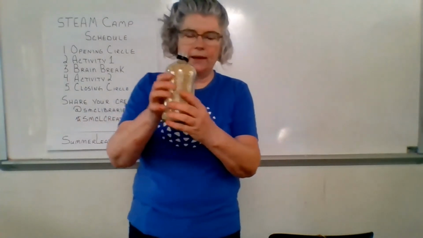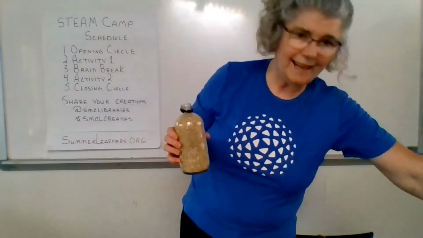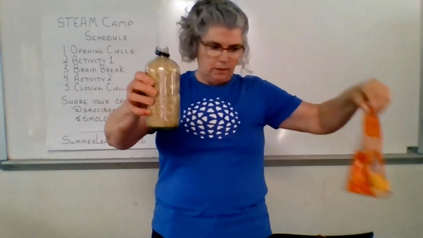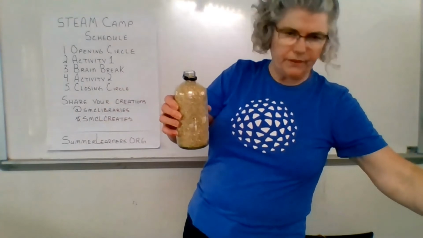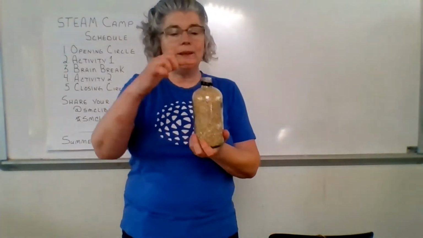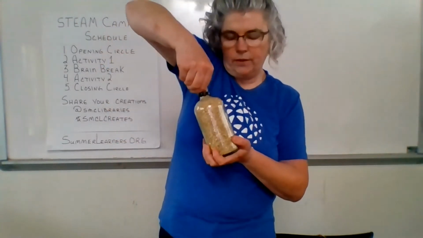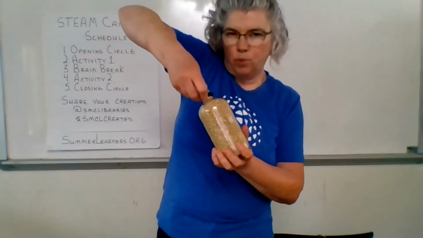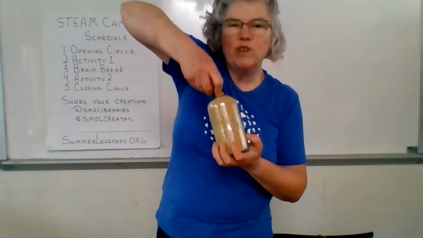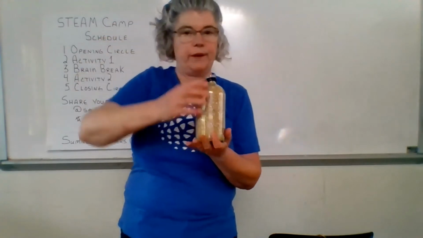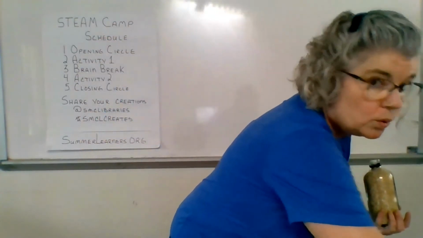All right, so I have a clear jar, and I had a bag of rice, and it took a while for me to get the rice into the bottle. So I decided I wouldn't take time here on the video to show you how to do it. But it's very important that the bottle has a very skinny top at the top. And it's very important that you take your thumb and you press the rice down really tight inside the jar. And now we're going to do some magic.